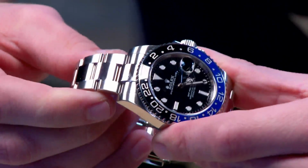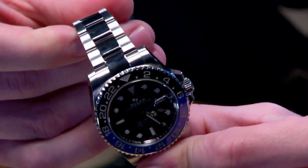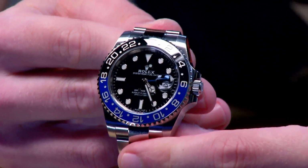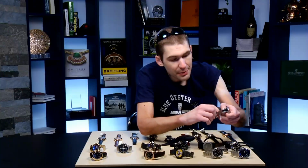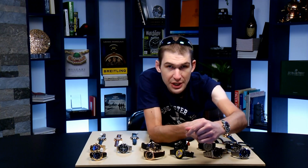A little bit more butch and sporting, perhaps, more substantial. One might even say a little bit more massive, a little bit more monolithic on the wrist. This is a watch that reads more clearly like a 42 or a 43, whereas the Jubilee seems to size the watch down. Now, when that combination of blue and black ceramic bezel insert launched in 2013, it was a